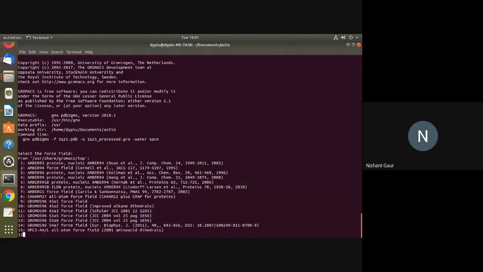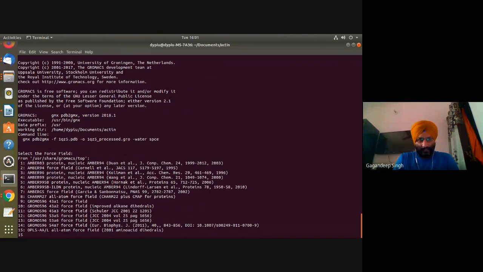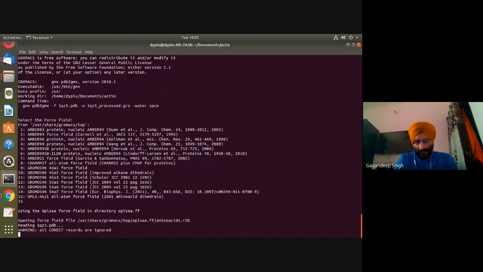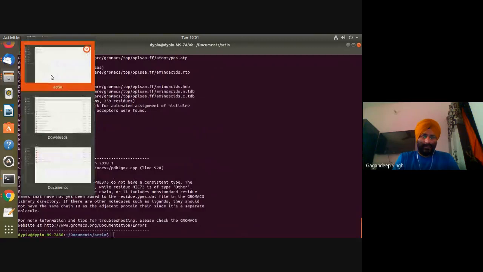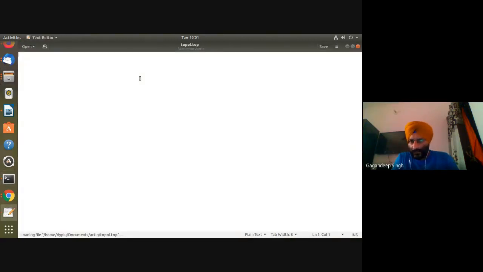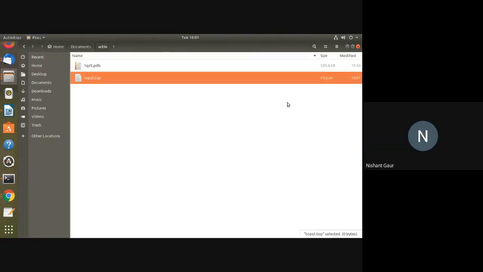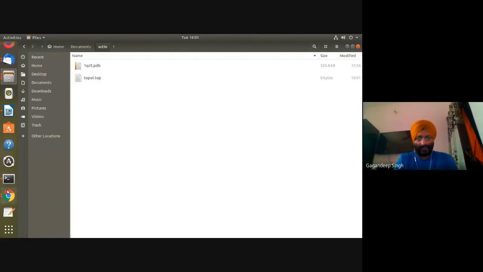Try with the 15 command first, and then we'll try 13 as well if we are not successful. Okay, see, the file is still in 0 bytes. Just type 13.